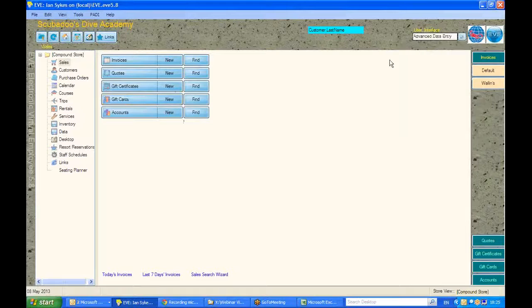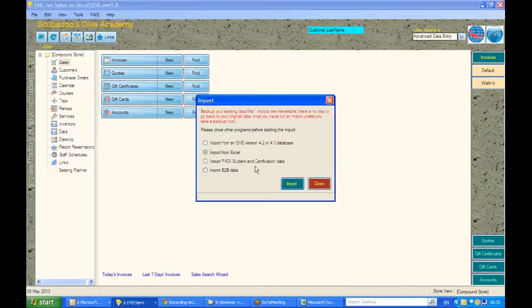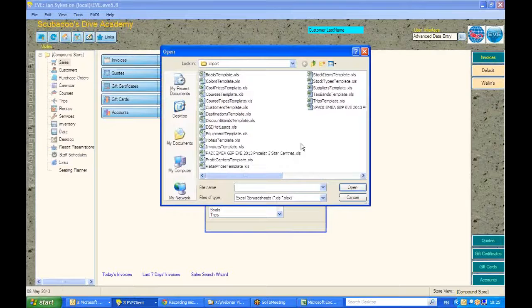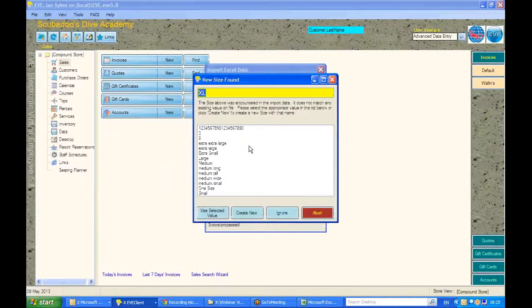Once the backup is complete, then go to File and Import again. Keep Import from Excel highlighted. Scroll to Rental Equipment, and this time, rather than hit Show Template, hit the Import button. Navigate to wherever you have saved your import file, open the file, and Eve will bring in the equipment in that file to the database. You'll see here that Eve has found a new size, and this will allow you to either enter in a new size,